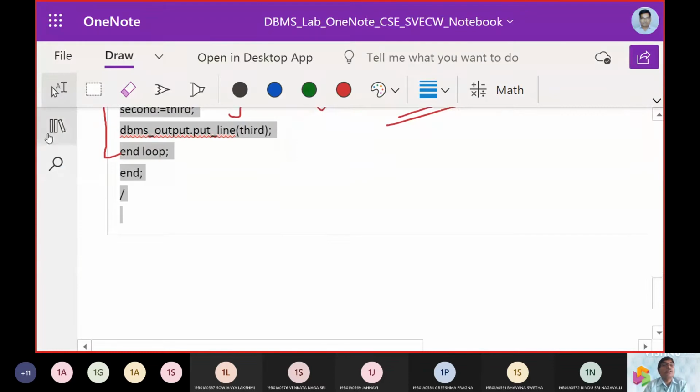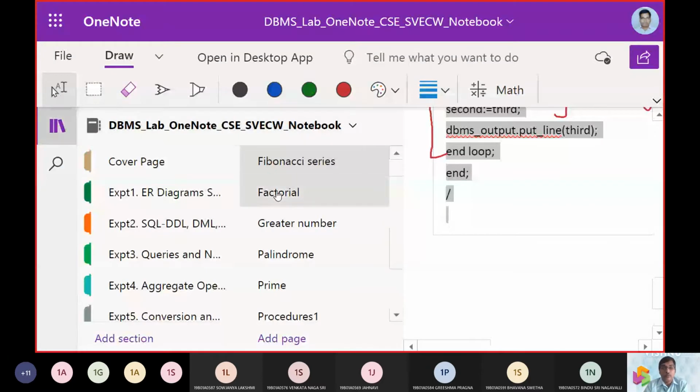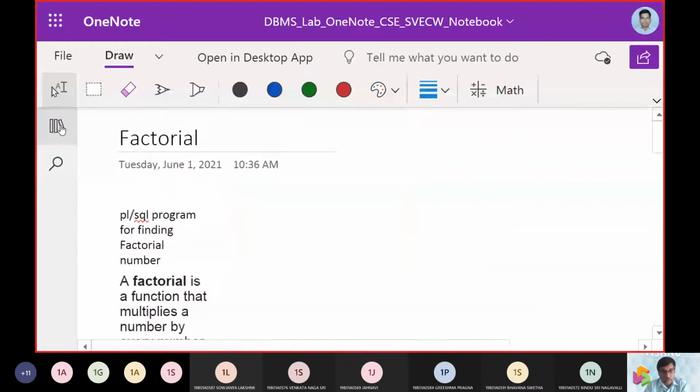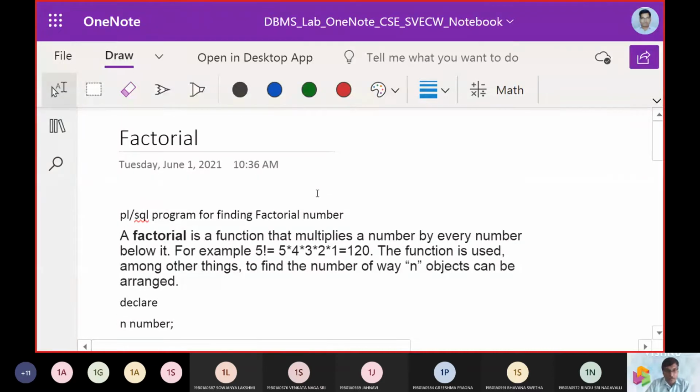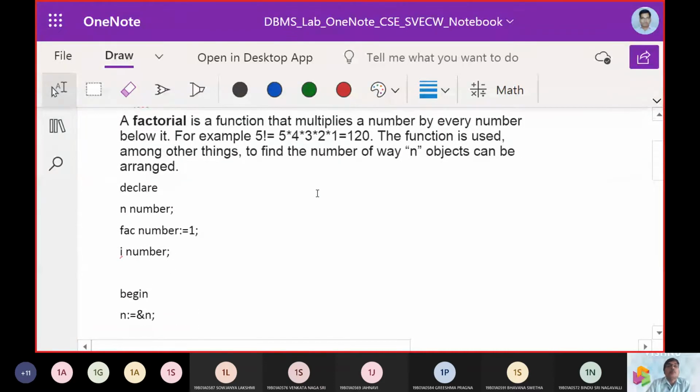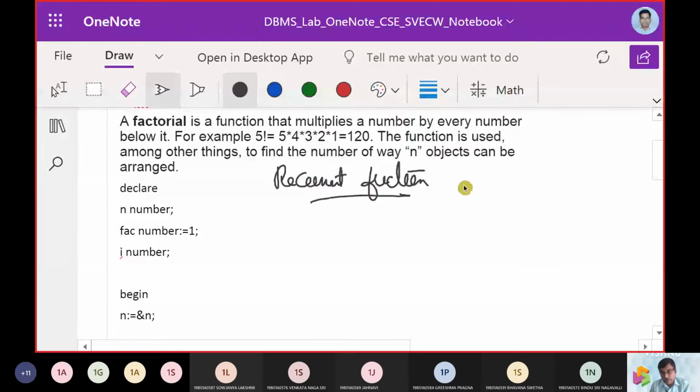After the Fibonacci series, what we will look at is the demonstration of the factorial of a number. You are aware that a factorial works with a recurrent function.